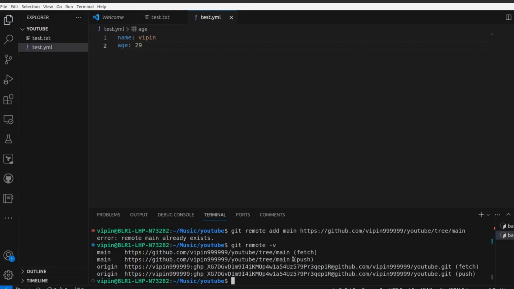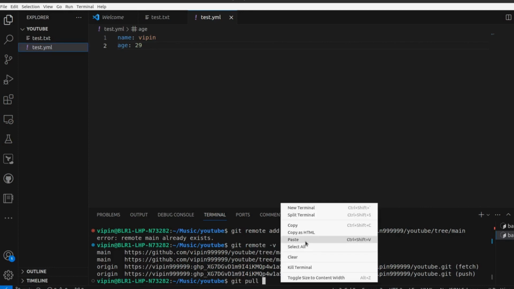I want to pull the changes, so let me run this command: git pull and this URL.